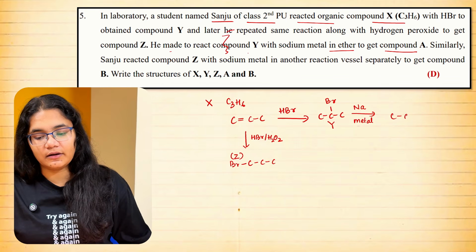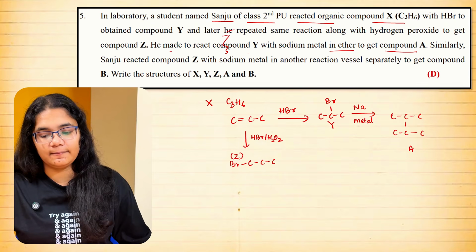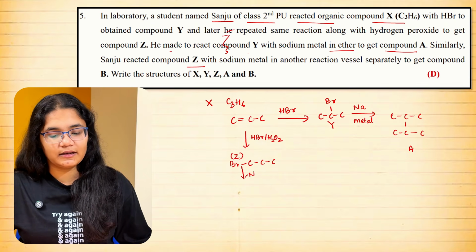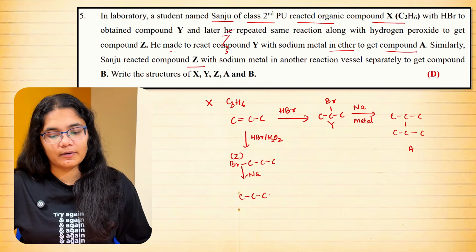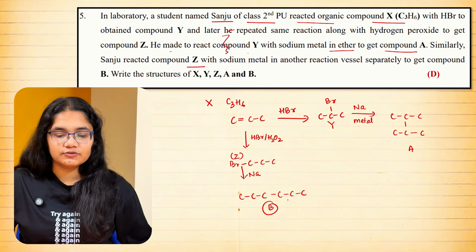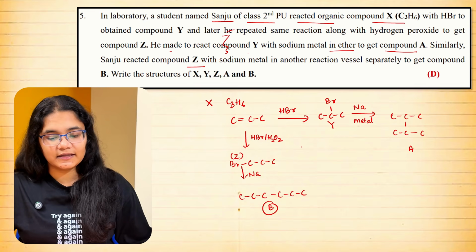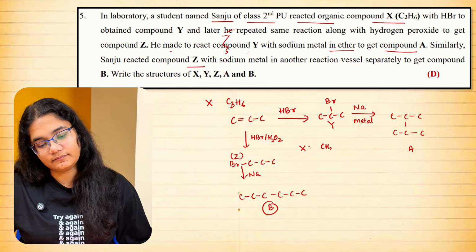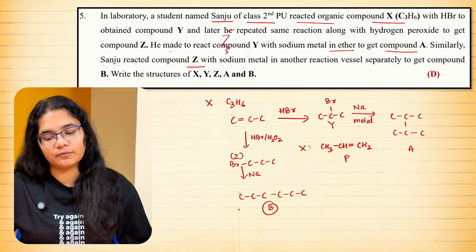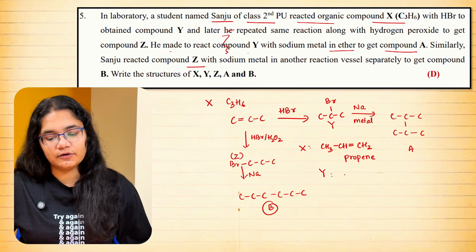So what will happen here? Again, Wurtz reaction, right? So that is there. This is A. And similarly, Sanju reacted compound Z with sodium metal and ether to give you compound B. So that will also be a compound like this, that is B. So identify compounds X, Y, Z, A and B. So what is X here? X is propene, CH3 CH double bond CH2, that is propene. Next, what is Y? Y is CH3